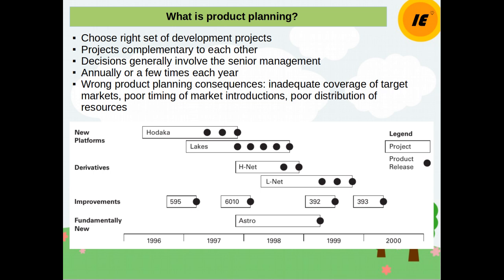So for a bigger company and organization, it is always a longer term goal they have to think of, and there comes product planning, which is basically choosing the right set of development projects so that they complement each other. For example, in the figure you can see the product list of a company called Xerox,